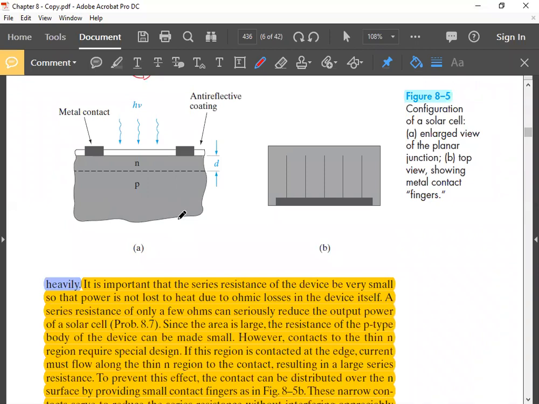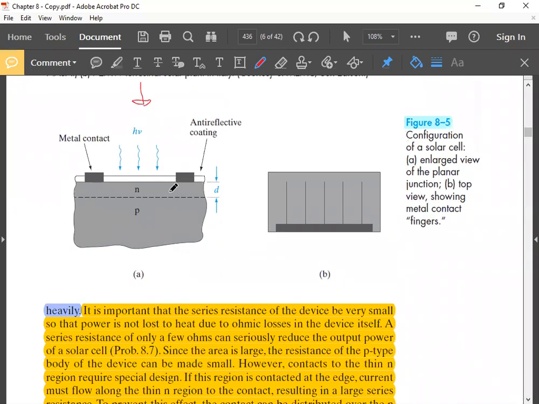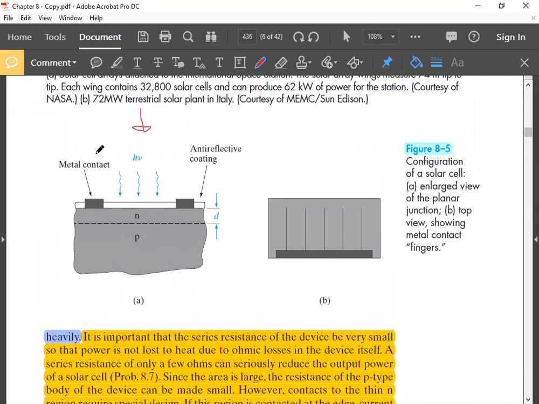It is negligible. The problem is the N side, the contact on the N side, because if you put a contact, light cannot penetrate the metallic contact, right? These are metal semiconductor junctions, these ohmic contacts. So you have to provide a space for light to penetrate the surface. So how can you make contact? You have to provide area for light penetration, and also you have to provide contacts for collection of the